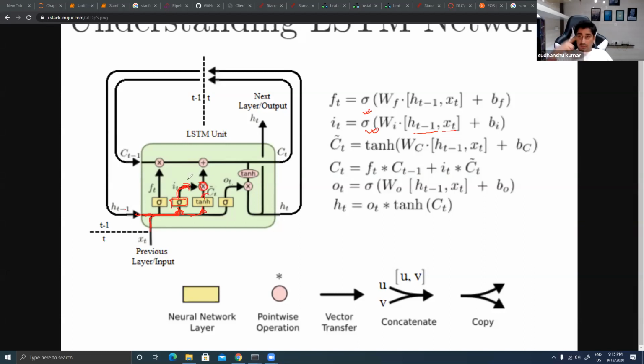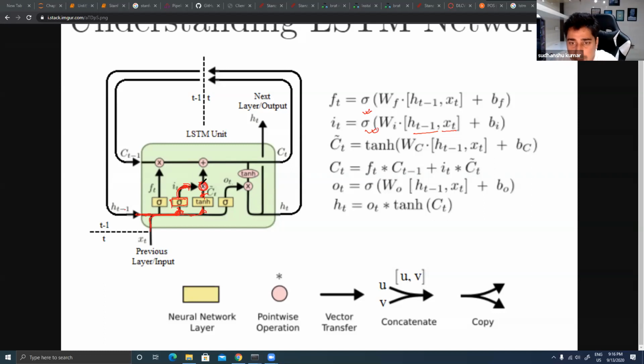Why are we doing this? This is basically a memory channel. In the memory channel, we are supposed to control how much we are going to memorize. We have to control that particular factor, right? So that's the reason we have introduced a hypertangent, which will give you the normalized one, or which will help you change or add to the context by a certain volume. It's not like you can add anything to a context. No, you have to add or modify by some range of the vector. This is what it will try to learn and control over here.